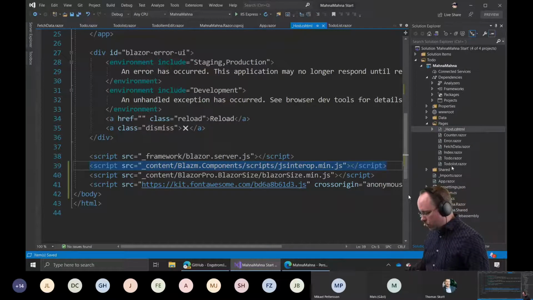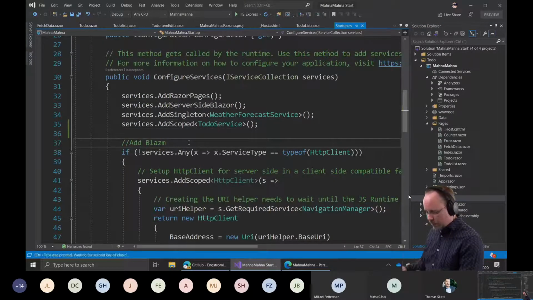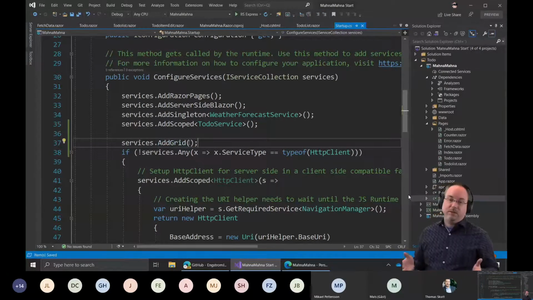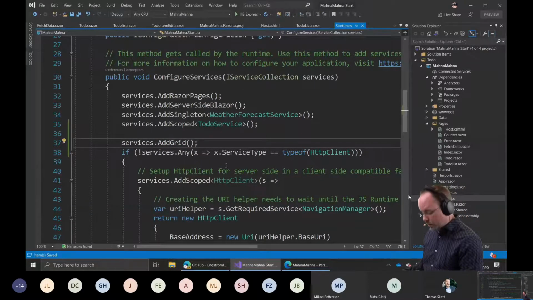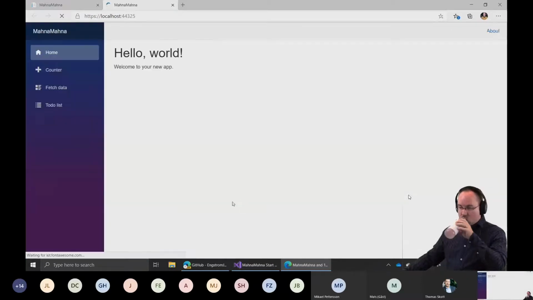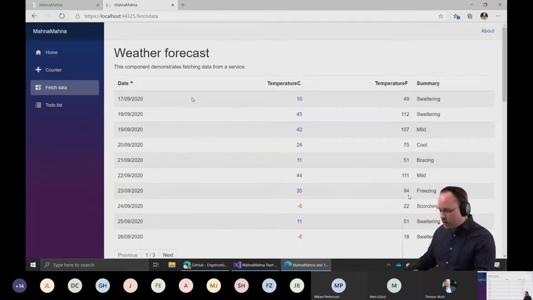So in our startup, we need to add Blossom here as well. Now, while preparing this demo last night, I realized that this is an extension method that says add grid. I'm going to change that to say add Blossom instead, because, well, I don't know what I thought when I created that name. So if I run the project now and I go to fetch data,